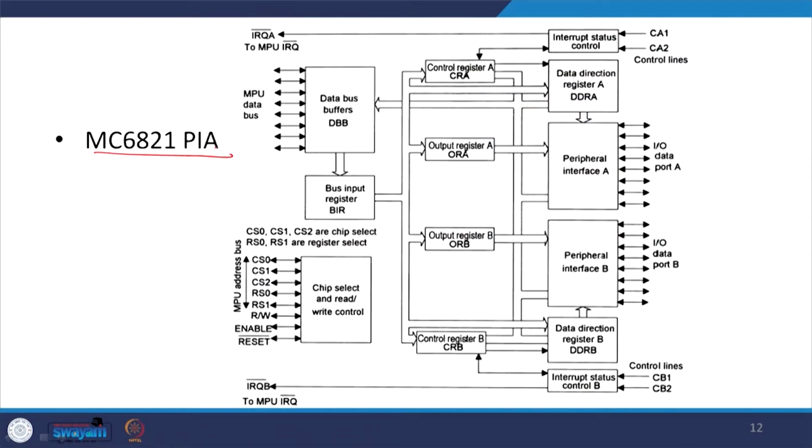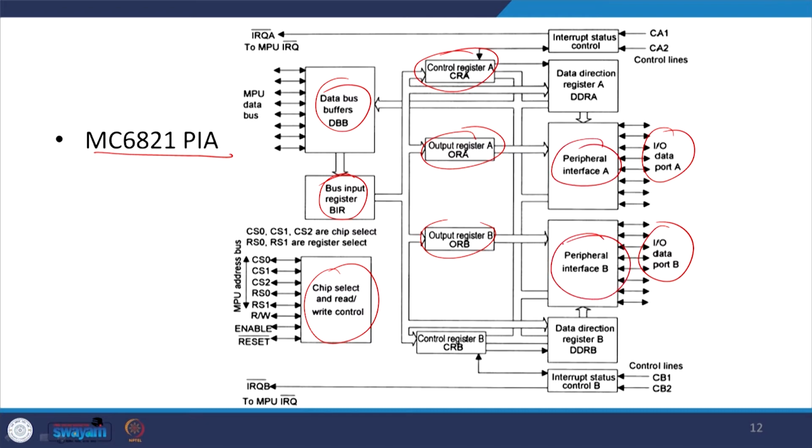This is the schematic of the MC6821 PIA, where you can see various types of registers: output register B, A, and control registers. Chip select, read and write control. Bus input register, data bus buffer. And here you have the input output data port A and input output data port B. So, this is peripheral interface A and this is peripheral interface B. It has the control lines CA1, CA2 as well as CB1 and CB2. Here they have the interrupt status control,